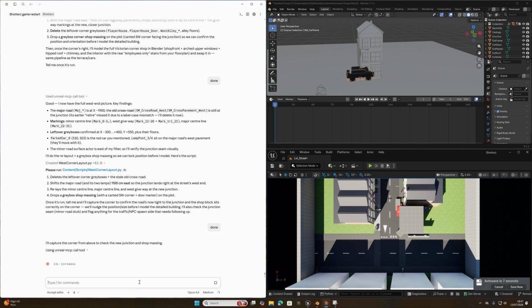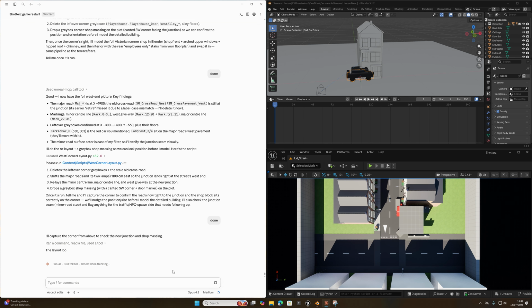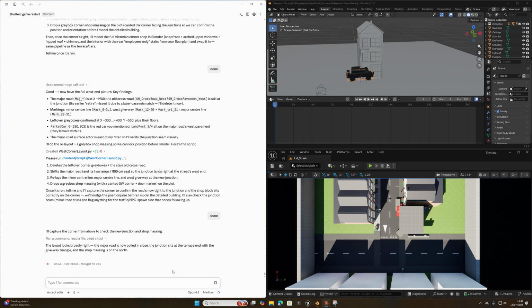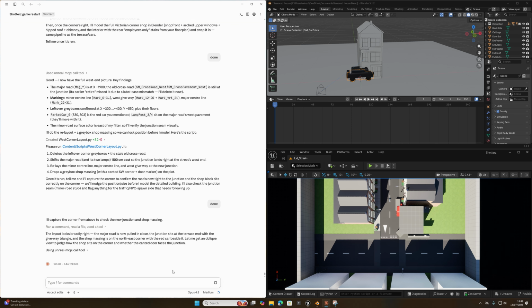It's checking its work, looking from above, and hopefully it's going to see that that building is halfway through the car, but it might not, so I might have to point that out. So it's capturing the screen now, checking the junction and the mass of the new shop to make sure that shape is correct. And of course you could do all of this yourself manually,